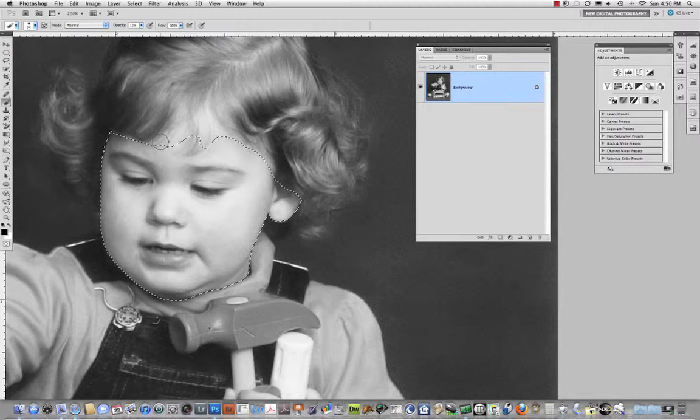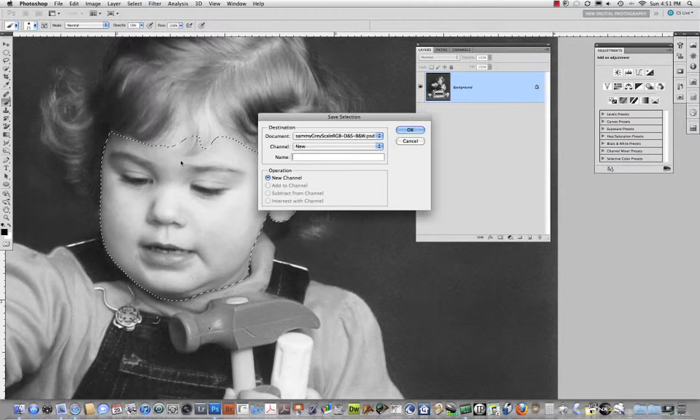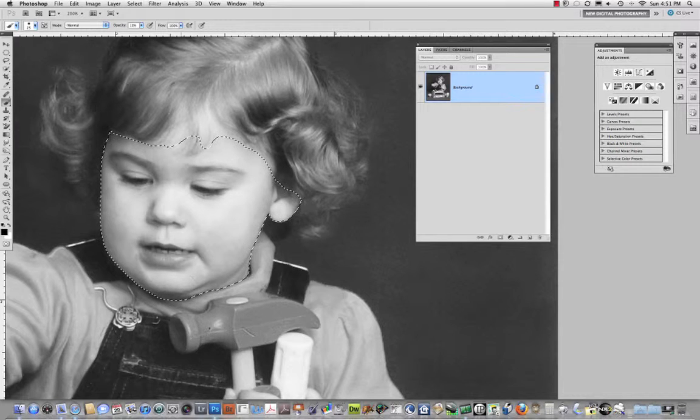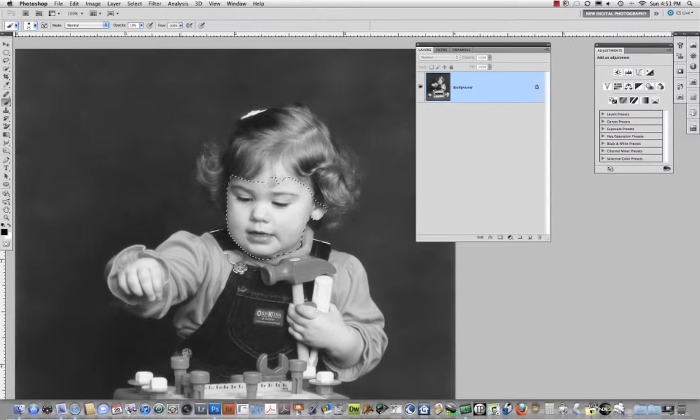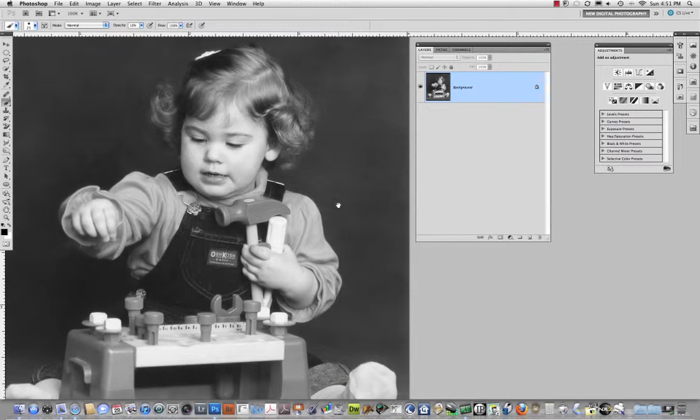I did paint some strokes up in here, but because of the way selections work and the brightness values, the marching ants come down to here, but know that there is some effect that will be up in that area there. What I want to do now is save this new selection as new face, and now since I want to apply a skin tone adjustment to this image, and I already have her face selected,